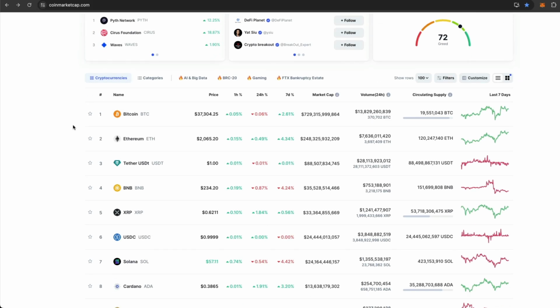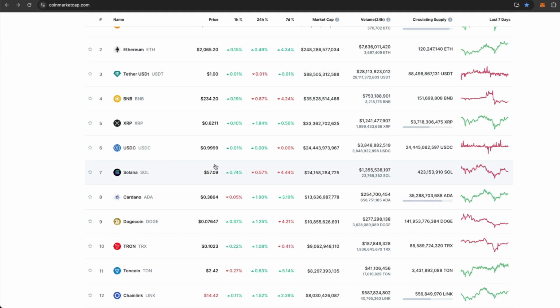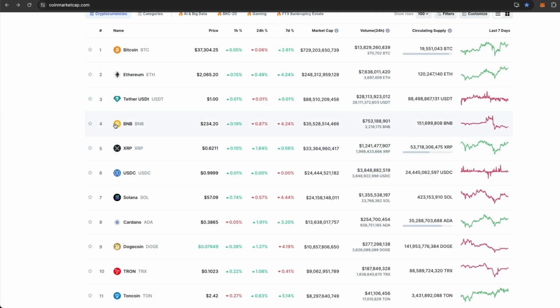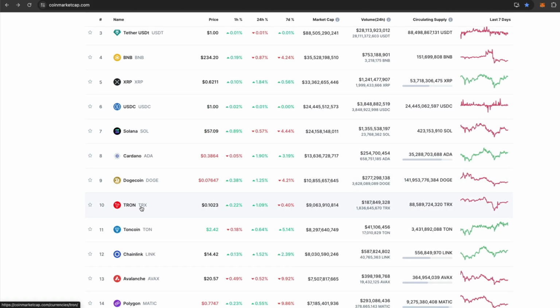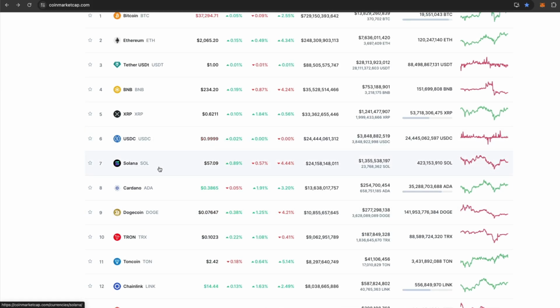So a good way to navigate on a macro level is to understand what blockchains are well respected. And then you can consider the protocols within those blockchains. And you can use this as an opportunity to go into any one of these and discover more about it. So we could come into something like Tron and we could see it's on the list. And what I would do when I'm researching things, so I'd probably open a couple.